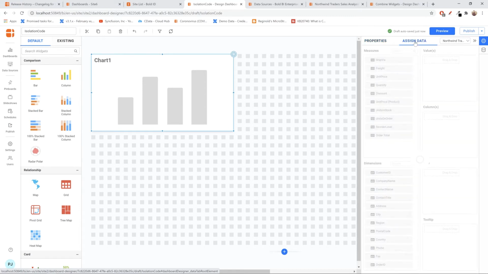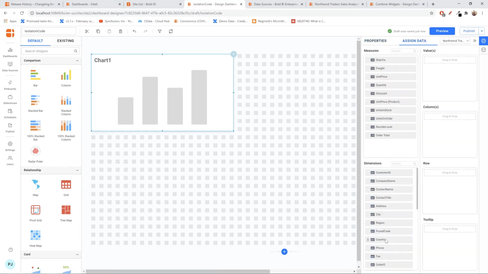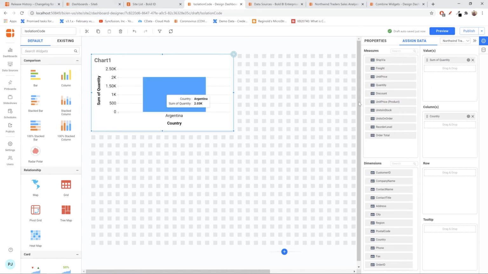So let's go to the Assign Data tab, drag and drop the country column to the columns and order quantity to the value. Now as you see, even though the data source has multiple values, for this particular tenant, Argentina is filtered, and any widgets or KPIs that you build will be filtered only for this country value,